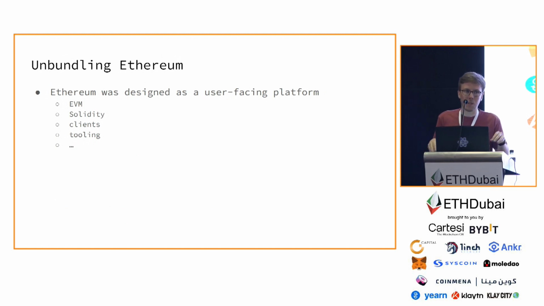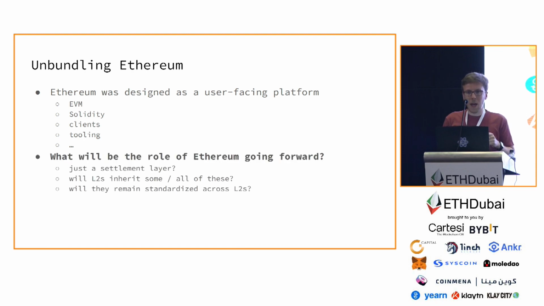But in terms of the implications, and I think this is something that people haven't really talked about much, so this is mostly just a list of open questions, Ethereum was really designed to be a user-facing platform first, right? Like the EVM, Solidity, clients, tooling, all of these kind of features. And now, all of a sudden, it's mostly a rollup management layer, right? So what exactly does that mean? What will the implications be? Will it continue to be